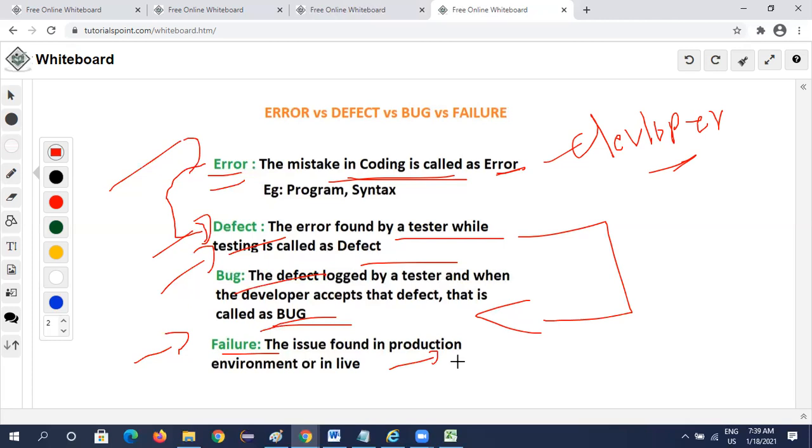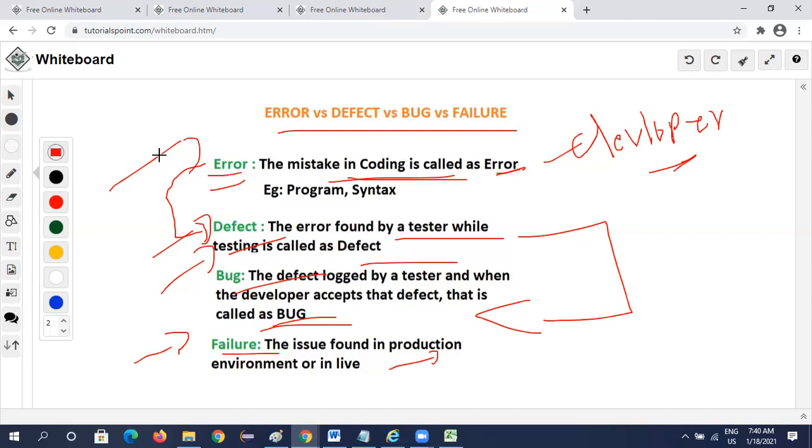So what we do is we do report. For this activity, for errors and defects, there is a management process. What we say, defect management process is there. A complete process is there.